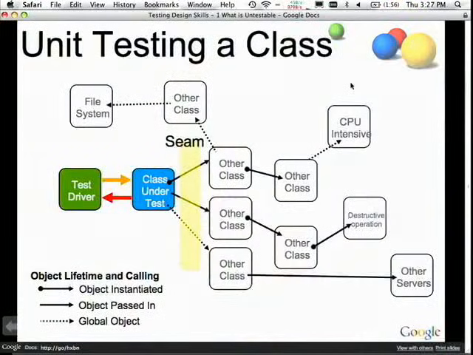So in order to test this thing, we really need something we call the seam. We basically need to be able to take a knife and cut all the dependencies. And the seam is important because it allows us to divert the execution of the code. This is why procedural programming is problematic, or rather static methods are problematic. Because if you call another static method, there's nothing I can do in a test to prevent that call from